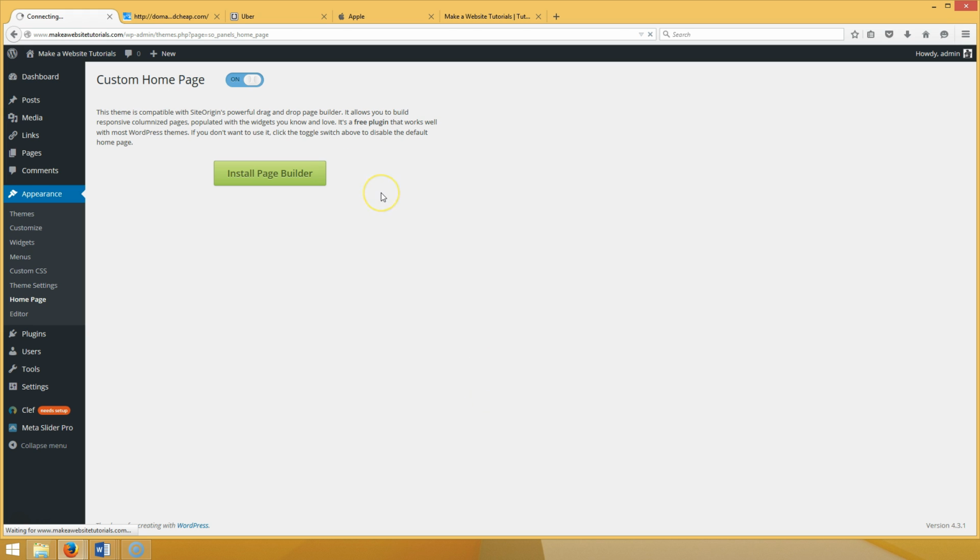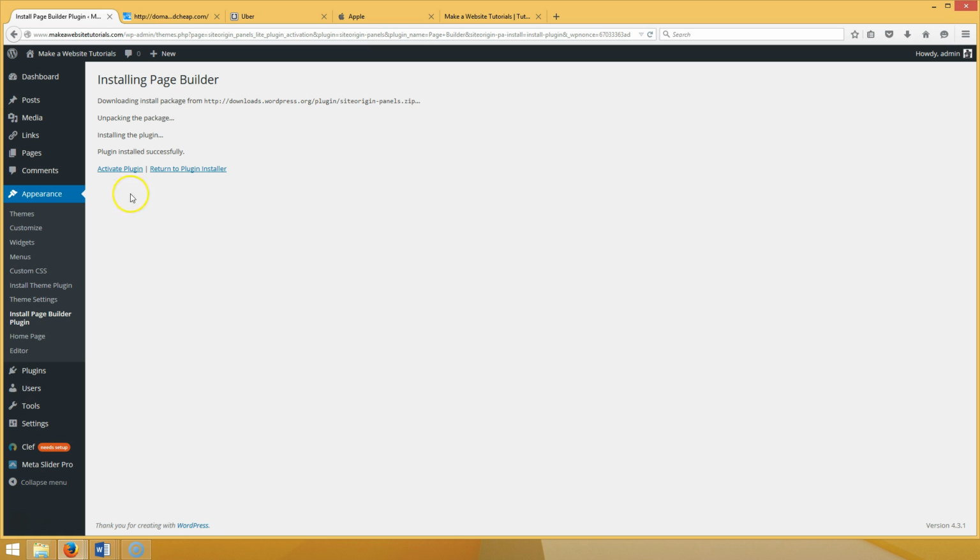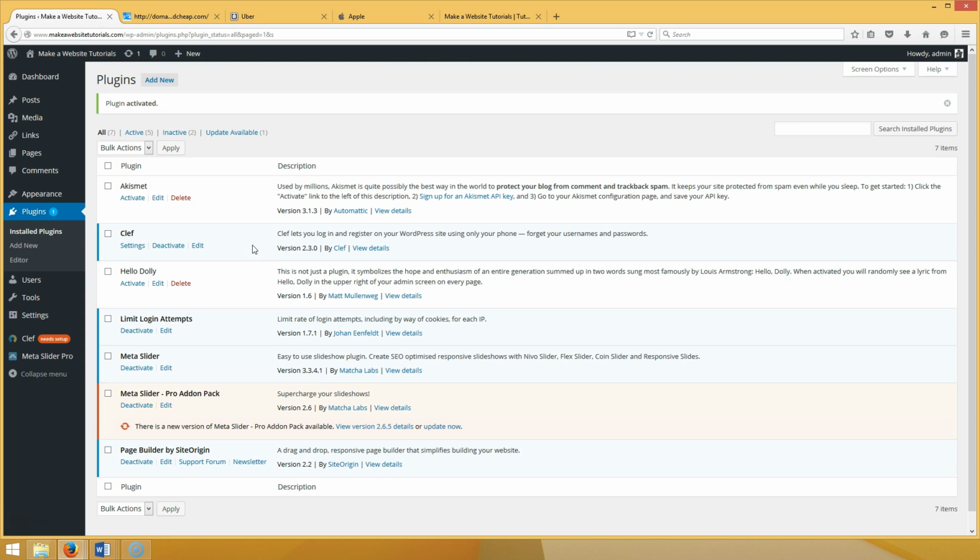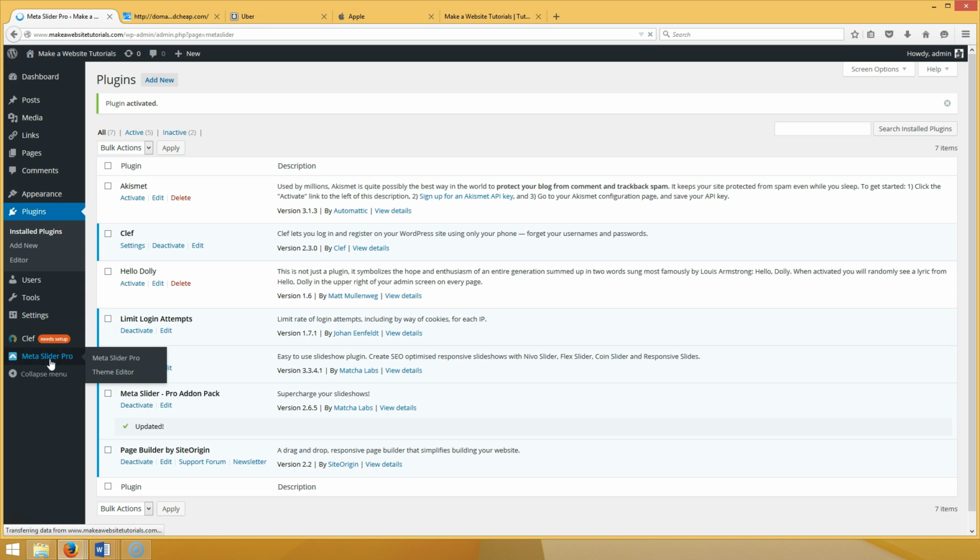So go ahead and click that. Activate plugin, yes. Okay, so now you have your Vantage theme, okay, and you have your Meta Slider Pro. So now let's get to work. Okay, what you want to do now is you want to create a slideshow. So we're going to go to Meta Slider Pro,